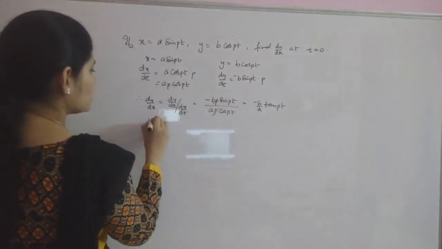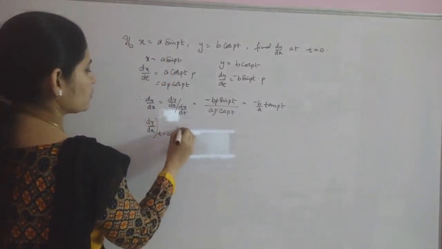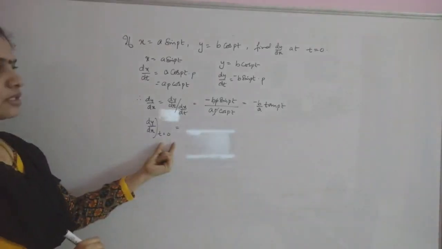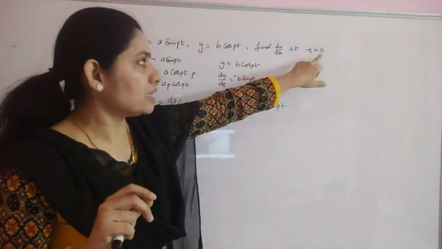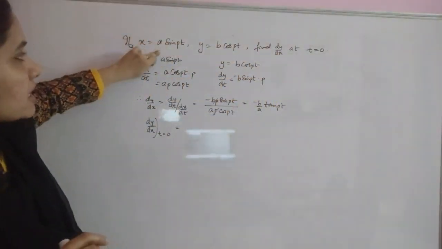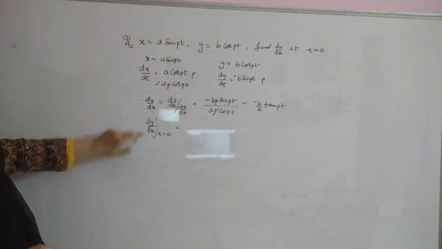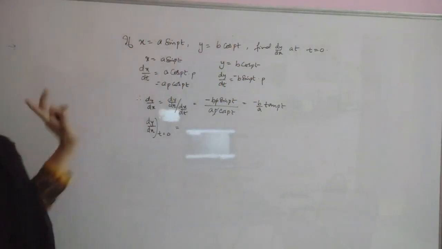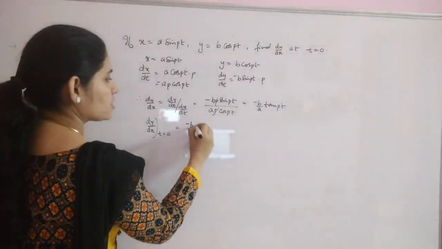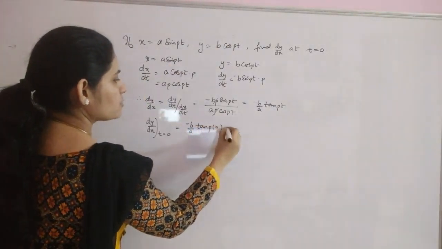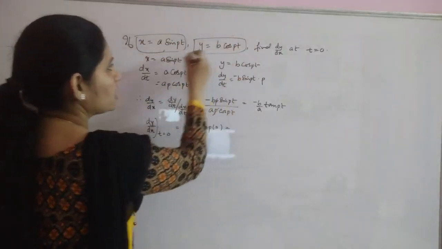Now what is the question? You have to find out what is dy by dx at t is equal to 0. Now since it is t equal to 0, it is very easy. You have to just replace t with 0. x and y are given in the question. You have to replace the values here and find out what is t and then replace here. Here in the question it is given directly t is equal to 0, so you can just replace it. If it is not given, what you need to do, you have to find out using this. These will be giving you the initial conditions for that.